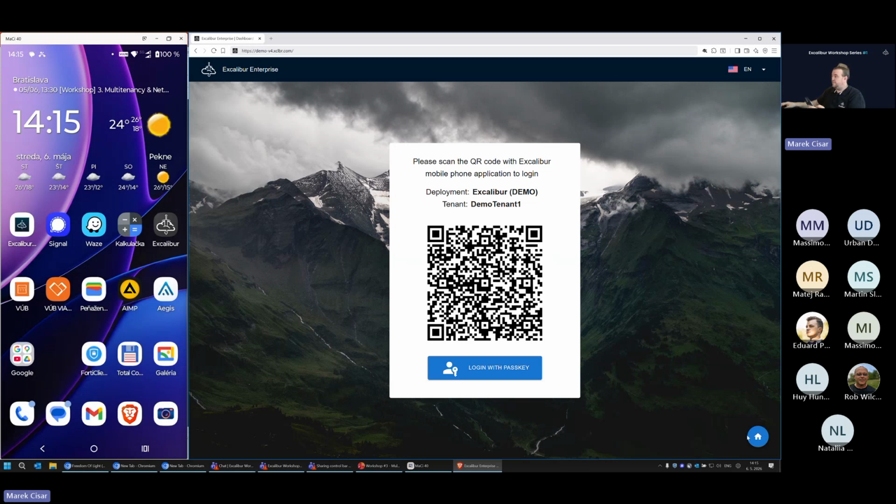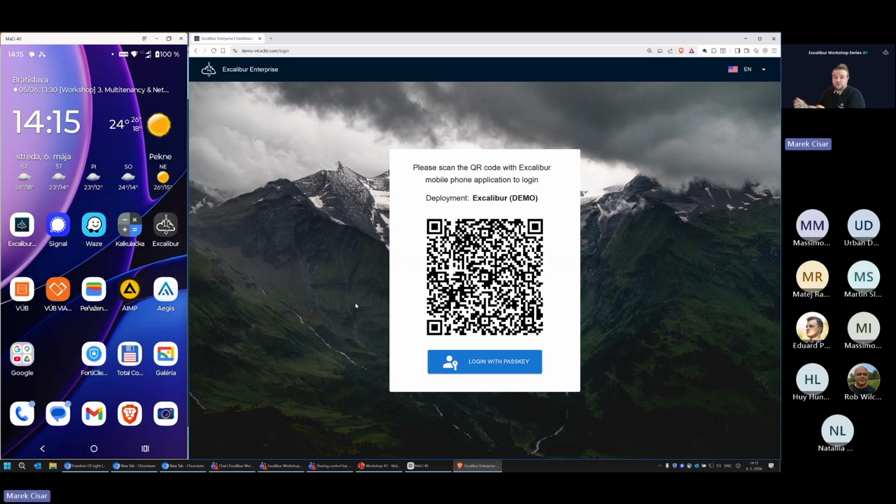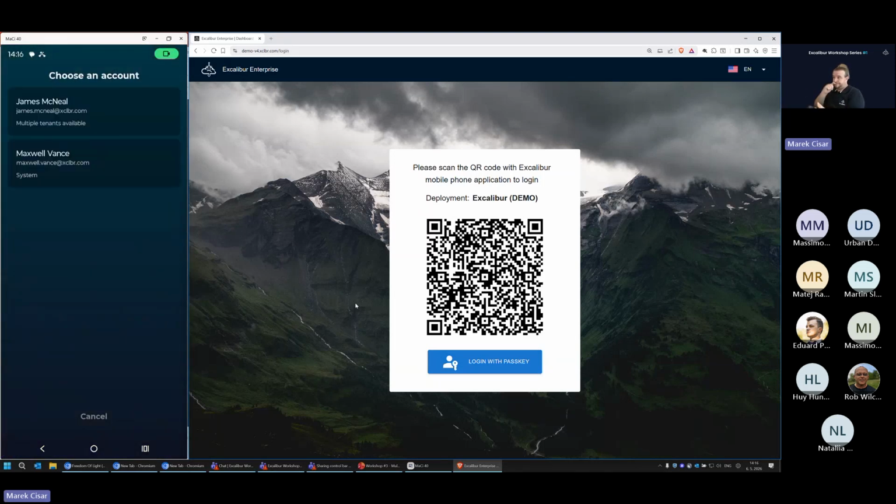Here is the button with the house icon, but this means I'm going directly to the base URL, which is the login screen or user interface dedicated for the system. But it also can be used to log in to a different tenant. But then I need to select the proper user and proper tenant within my mobile application. So let's do so.